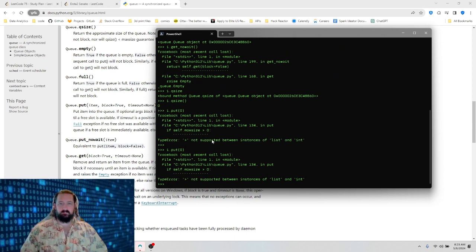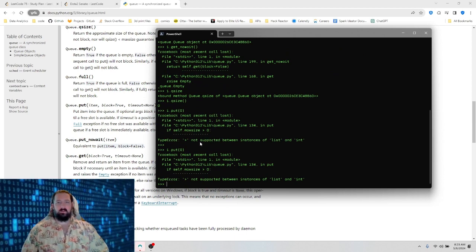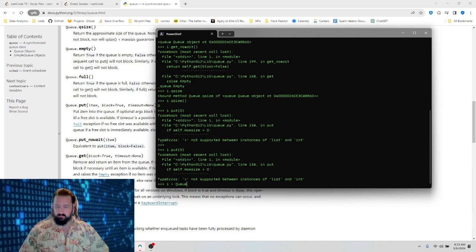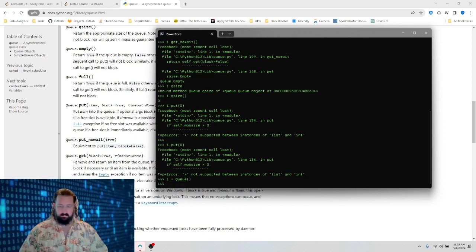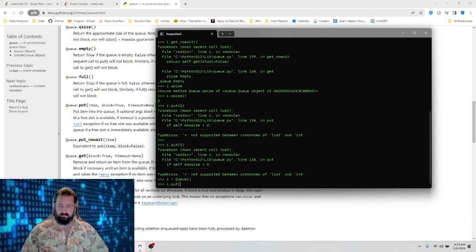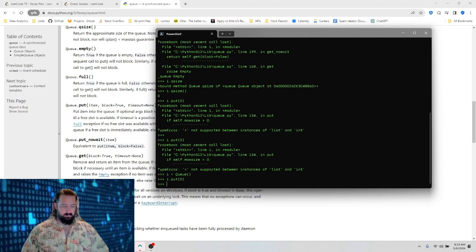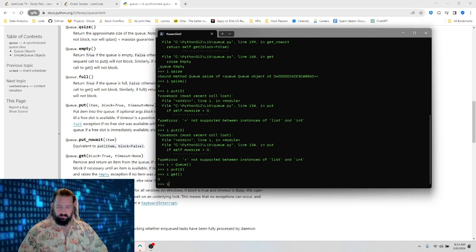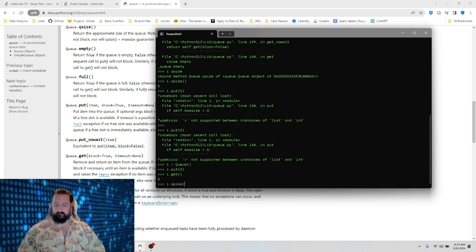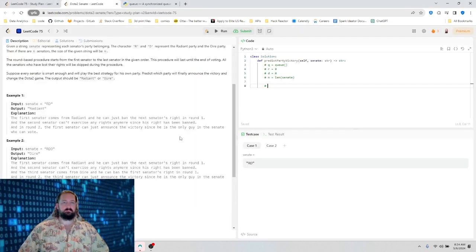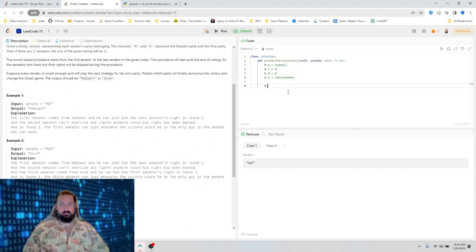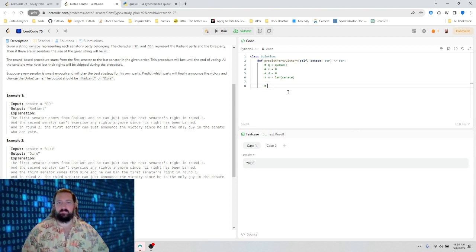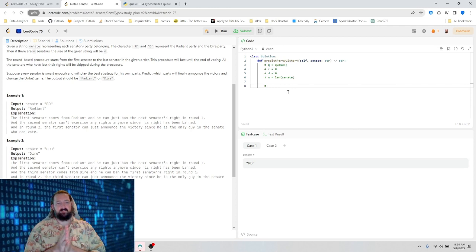Did it put a list in as the maxsize? Q.put 0, there we go. q.get, there we go. q.qsize. Okay. So I have to build the first list.